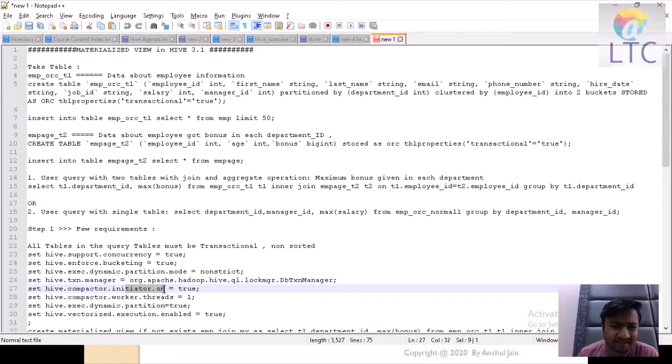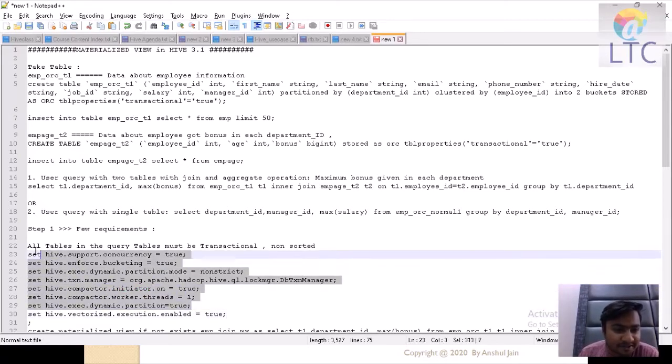Compaction, if we need it, is mostly for production. Suppose you are doing updates or deletes again and again, your delta files will get created for every operation. Now there are a lot of delta files. To compact and make it a single delta file, Hive provides this facility to initiate such operations, which at the backend combine your different delta files into a single one. So these are the properties that we have to set.